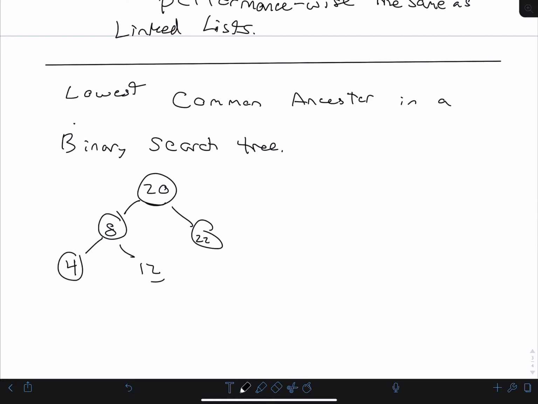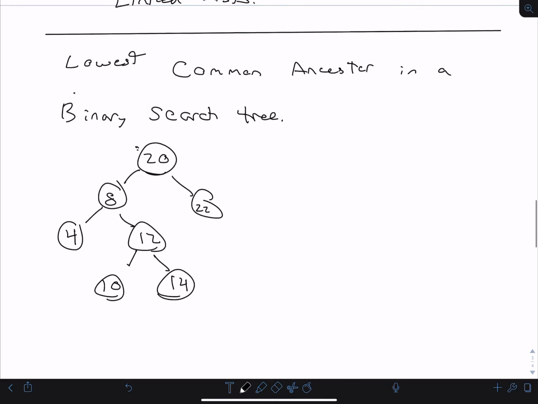I think just showing this by example will make so much more sense. Remember, anything on the left side of 20 has to be less than 20. It doesn't matter how low you go on the tree structure here. That's why 14 is on this side, but 22 is on this side. Because 14 is to the right of 12, but it's technically to the left of 20. Okay? So now that I have this tree,